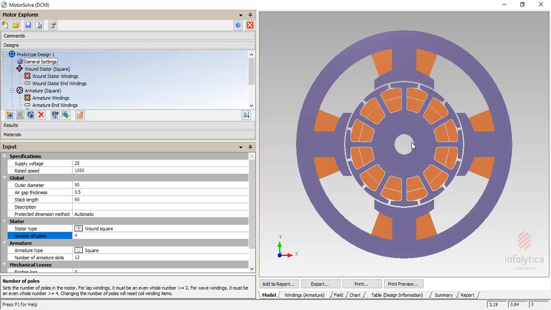So why are we going for this non-magnetic material, right? If we go with a non-magnetic material, the